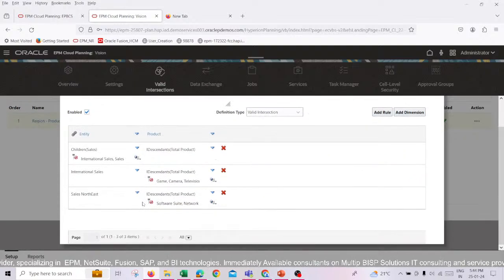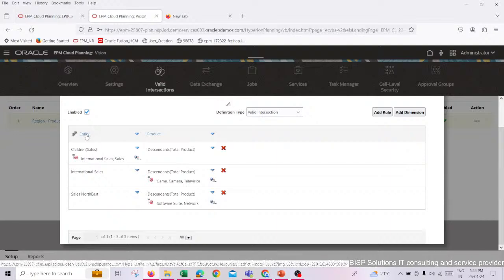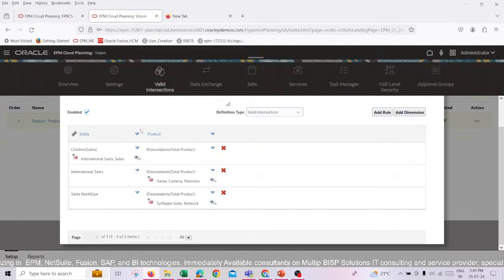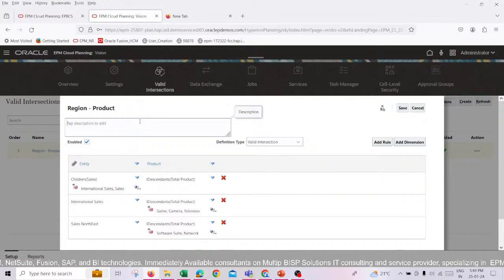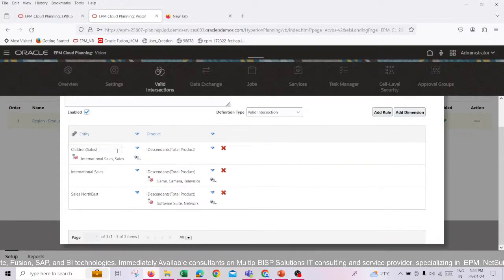I have already made this one, where I have taken the entity and the product as two dimensions, and I have enabled it and given the product name as region. If you want to add a description for anyone, you can add that as well. I have taken the children of the sales entity, meaning all the children of the sales entity, but